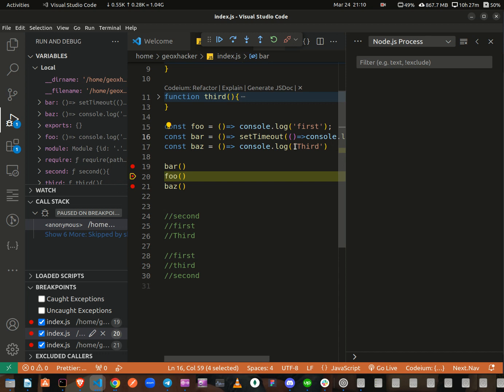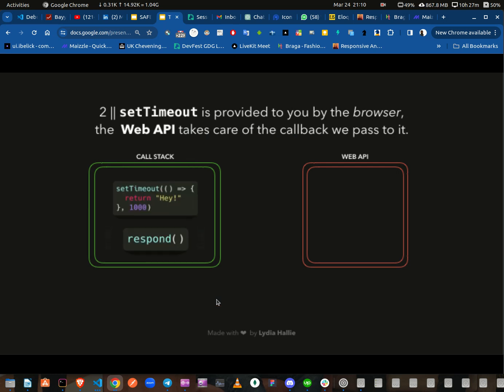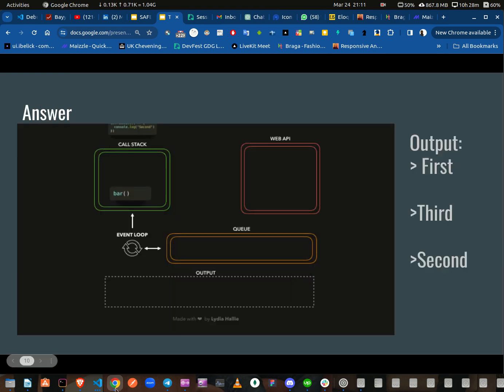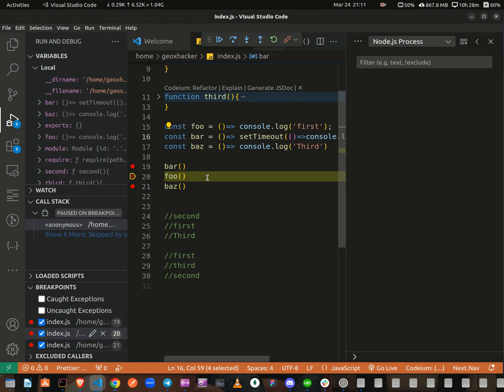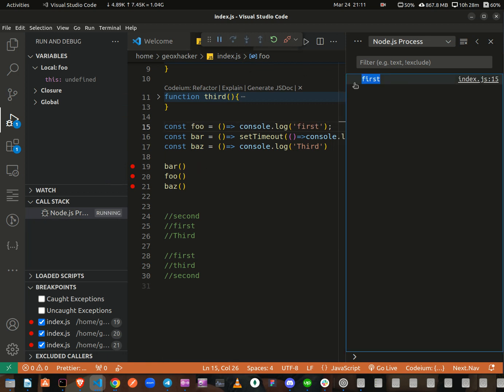But remember, we said that setTimeout enables us to delay execution of the code for a given period of time without blocking the main thread. So that means that we would now go ahead and execute the foo function, which prints first onto the console,